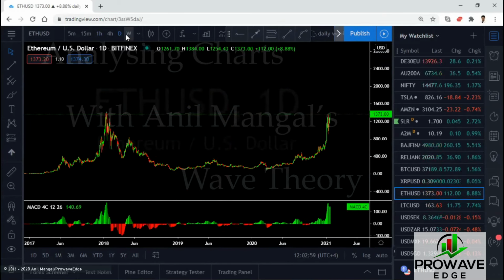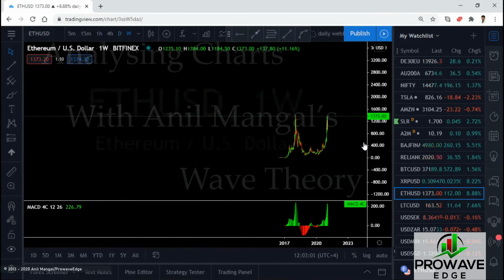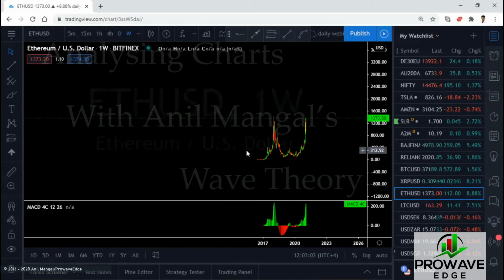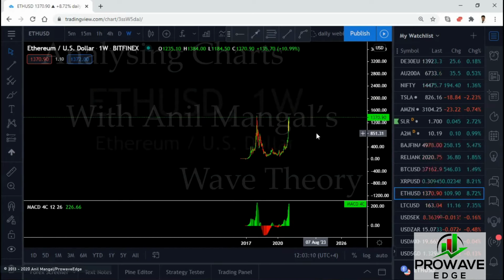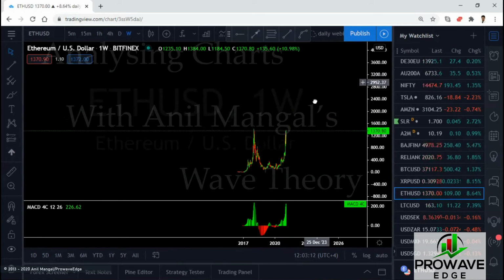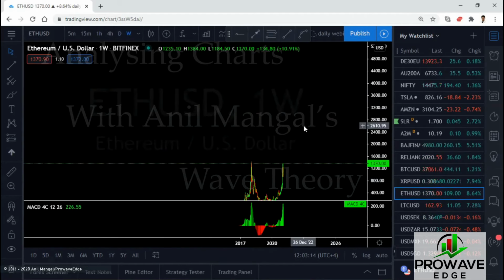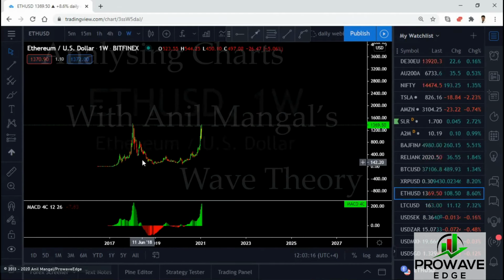let's put it in the weekly so you can see that. On the big picture, we're at the top. I think there's more chart to this, I just don't have it. I don't know. We're at the top. And you notice every time they break these tops, they tend to go back down. Can this be the next one that stretches like Bitcoin? It possibly could, but the consolidation here was a bit short.